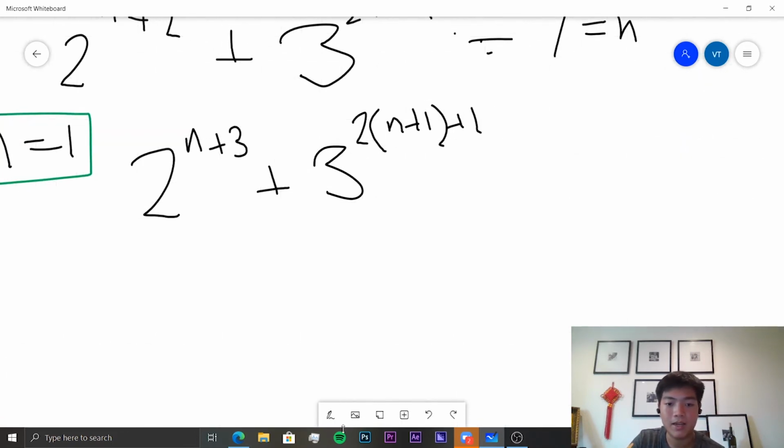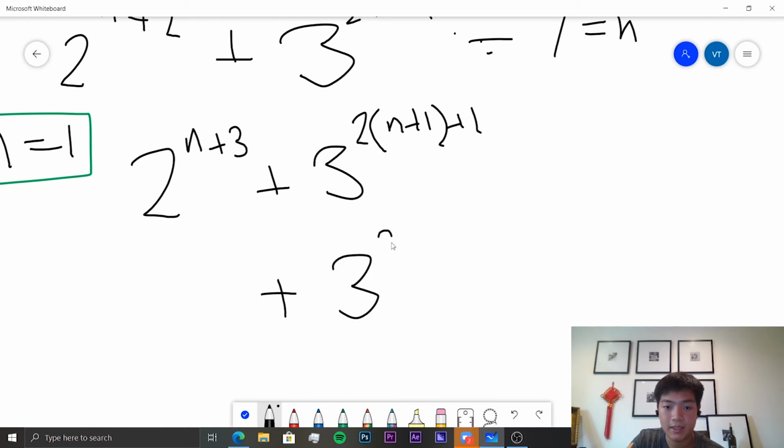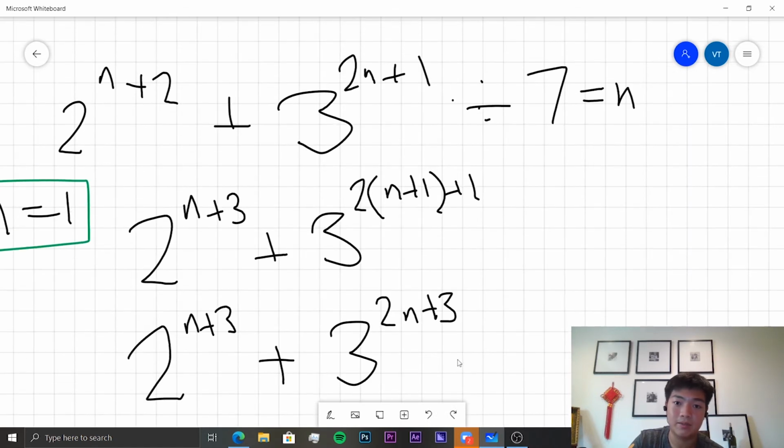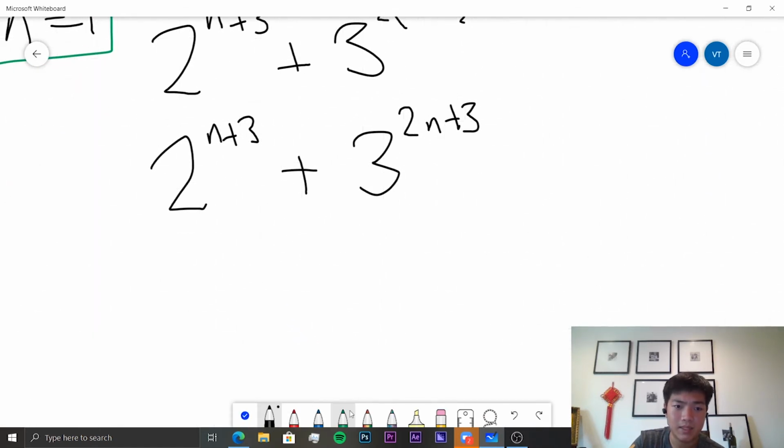And how will we do that? Well, we can say this is 3 to the 2n plus 3. So this will be 2 to the n plus 3 plus 3 to the 2n plus 3 should be divisible by 7. But the thing is,